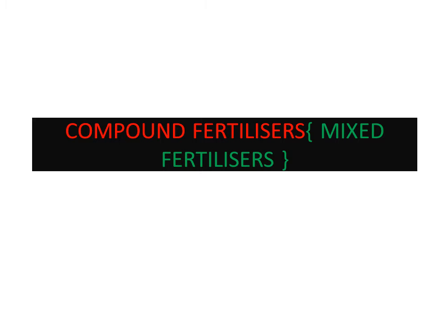Category number 2 is compound fertilizers, also known as mixed fertilizers. Pupils, compound fertilizers are also known as mixed fertilizers. They contain more than one major, that's macronutrient, nutrients. Examples of compound fertilizers are